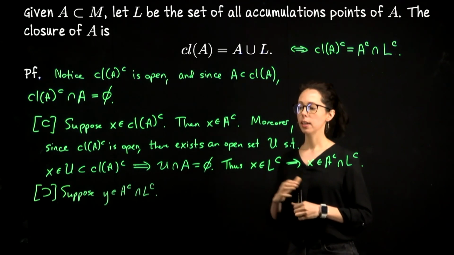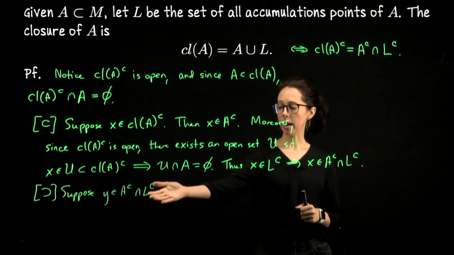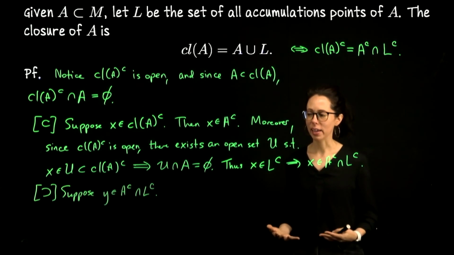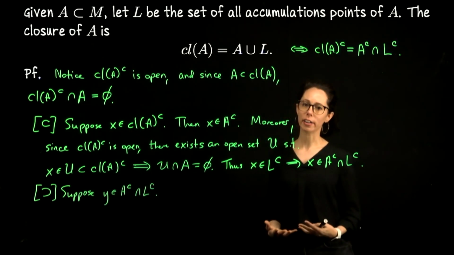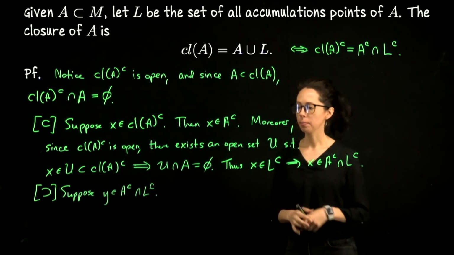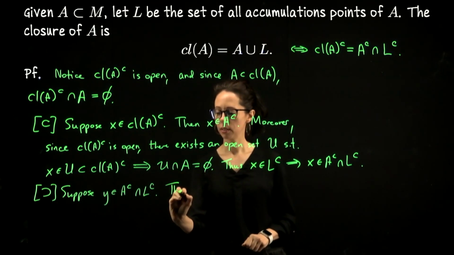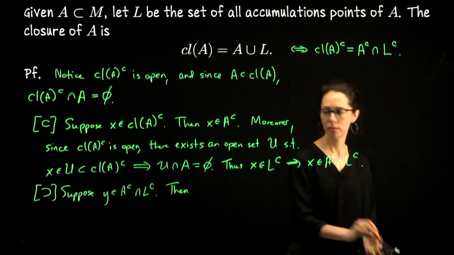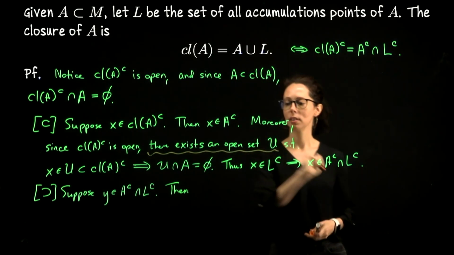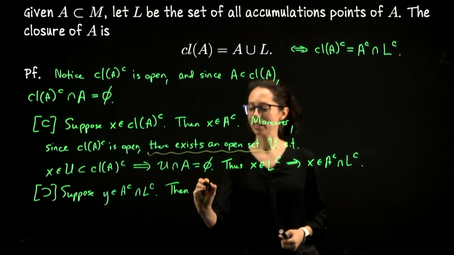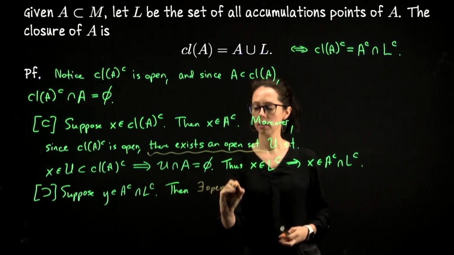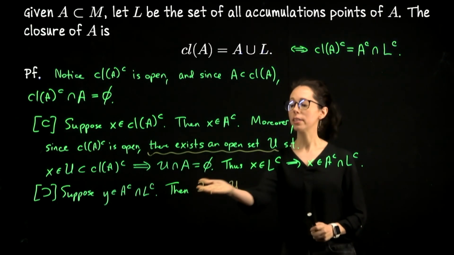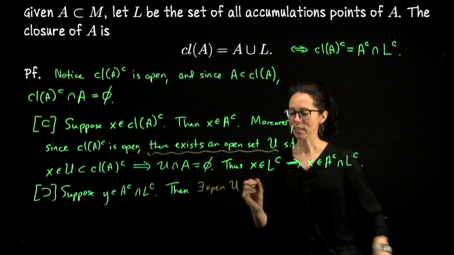Since it's not an accumulation point of A, there's an open neighborhood around Y which does not pick up any points from A, and since Y is also not in A, the entire neighborhood does not overlap with A. So then, I really should write out this whole phrase here, but because I'm working on a board, I'm just going to abbreviate. There exists open U. I really don't like that in formal writing, but I don't want to run out of room here. So then there exists an open set U, just like this, so that,